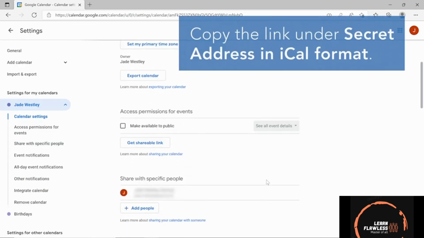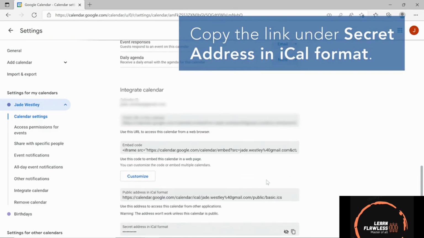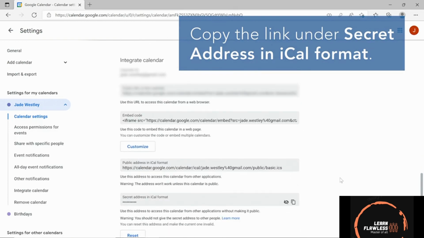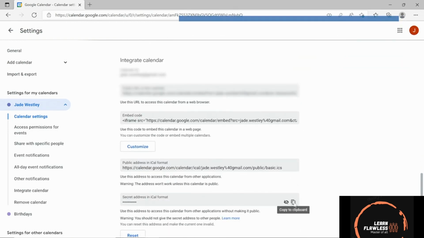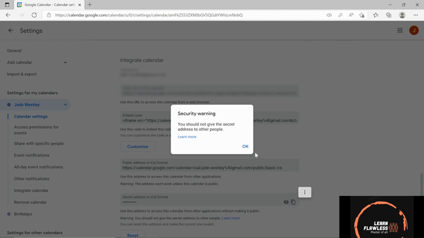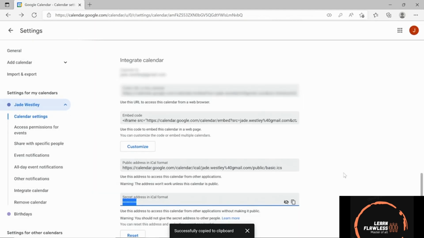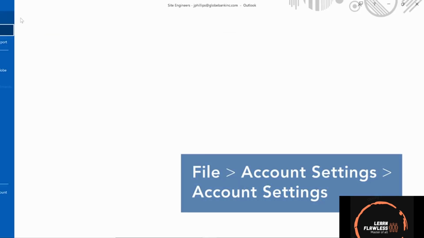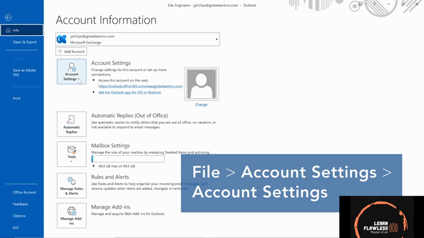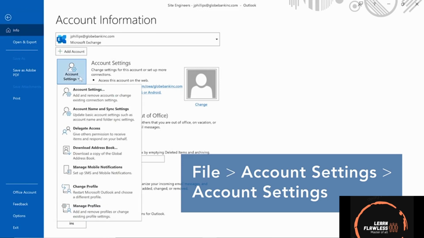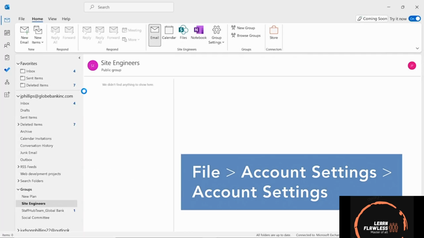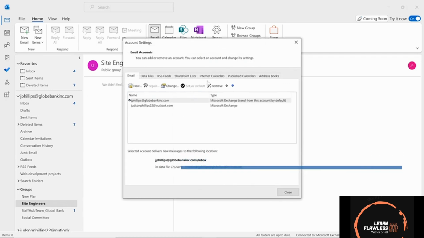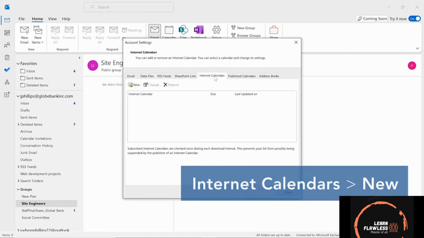Scroll down to the Integrate Calendar area and click the copy icon next to the area labeled Secret Address in iCal format. Then switch to Outlook, and under the File tab, click Account Settings, and choose Account Settings. Under the Internet Calendars tab, click New,